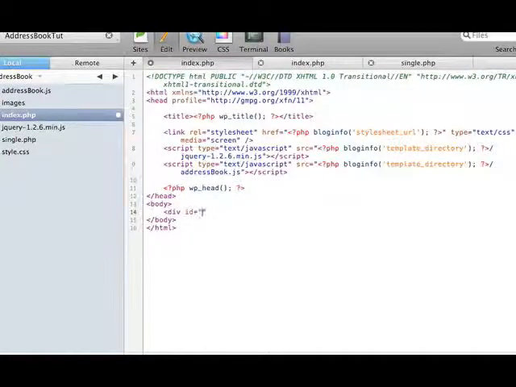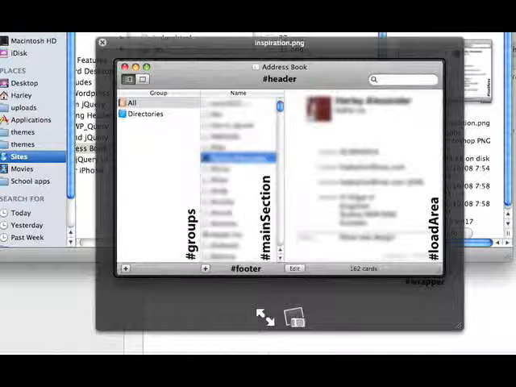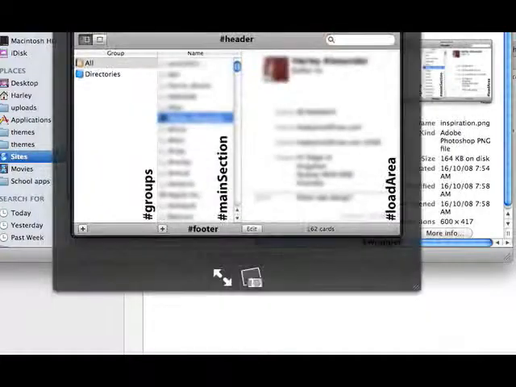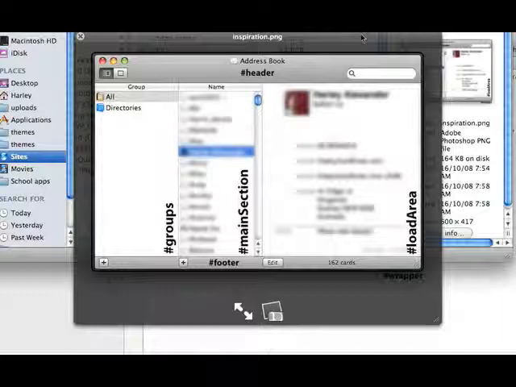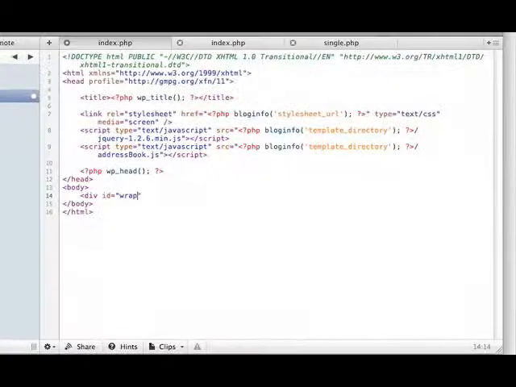Oh, and it's all going to be wrapped in a wrapper, because otherwise we can't center it, the wrapper not like the yo-yo kind, but the web design kind, the really boring nerdy kind. Anyway, so that centers it onto the website page. So div ID equals wrapper, and then we'll go div ID equals header,